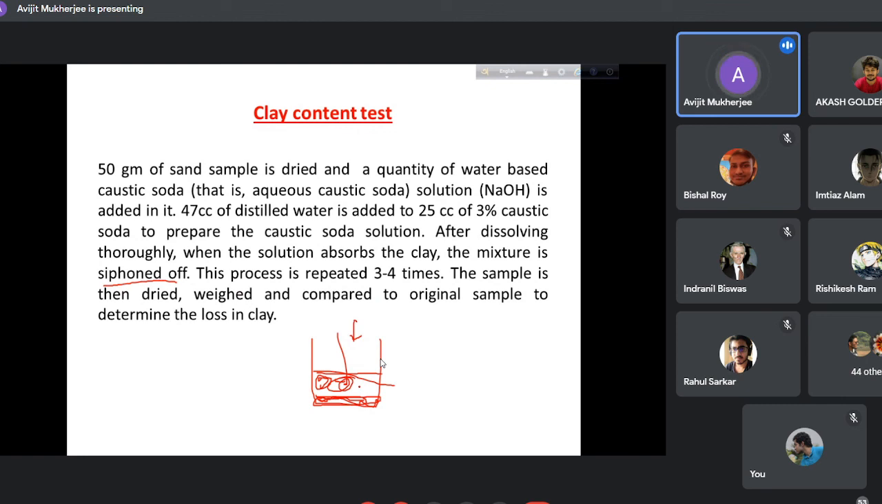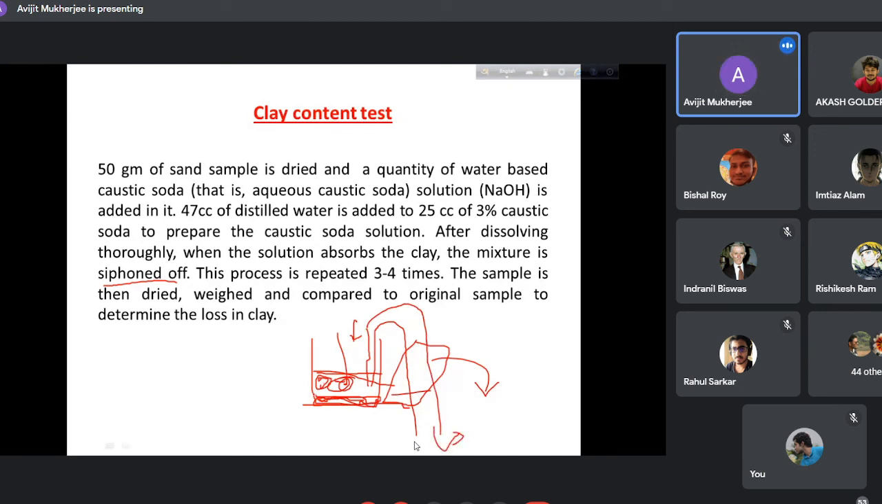Don't try to tilt this beaker in this manner to remove the liquid. In this case, again, things will be dissolved. So in this position, insert a siphon nozzle. You know what is the function of a siphon. Place it at the table or top height, and by placing a siphon nozzle, this liquid will come out,